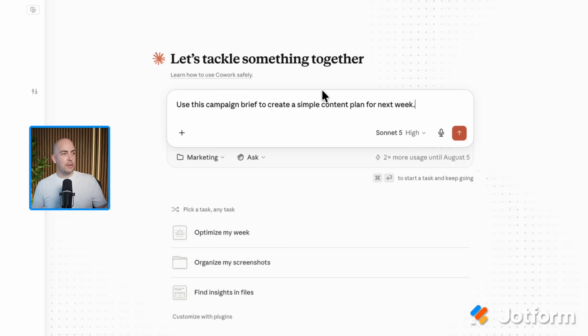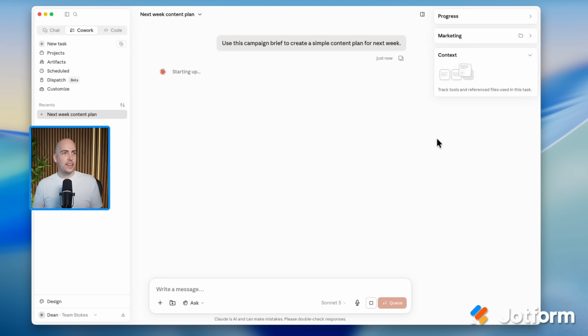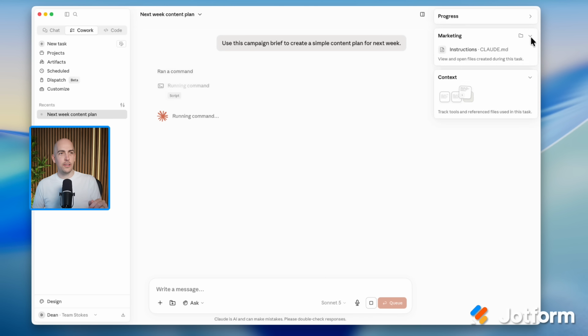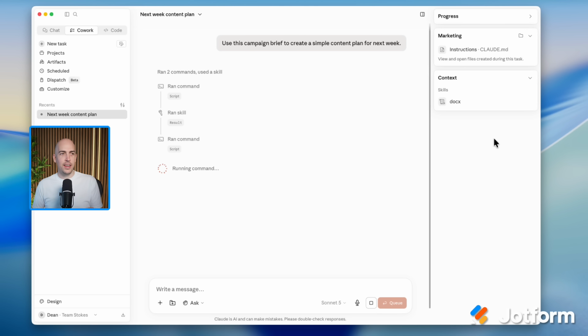what I ask it. So I'm going to say, use this campaign brief to create a simple content plan for the next week. I'm going to submit this like so. And you see on the right-hand side, it's got progress and context, and so it's going to show me the task that it's working on. Marketing is the folder. It's showing me all of the different things within that folder that it might have created. And you can see it's even choosing and adding skills that it might use, like creating Word documents as it